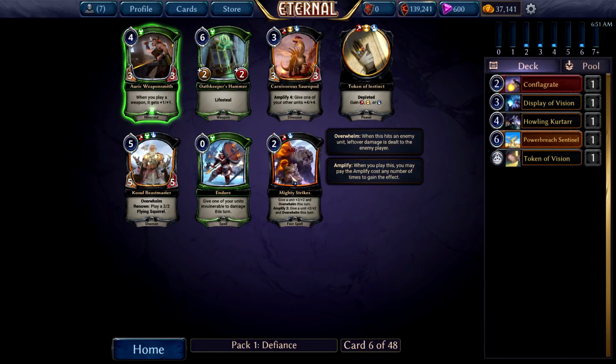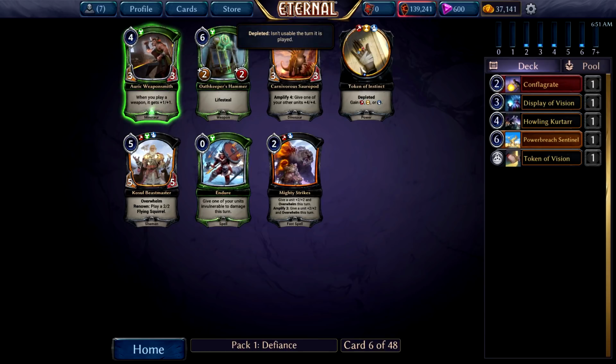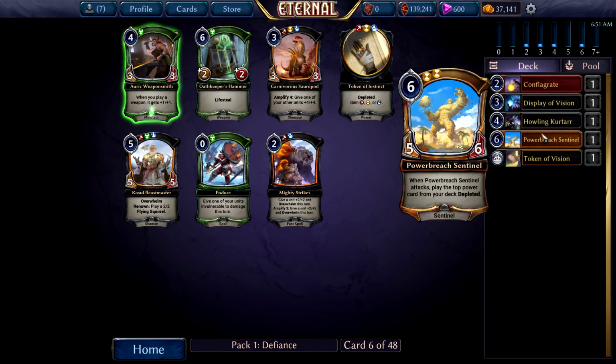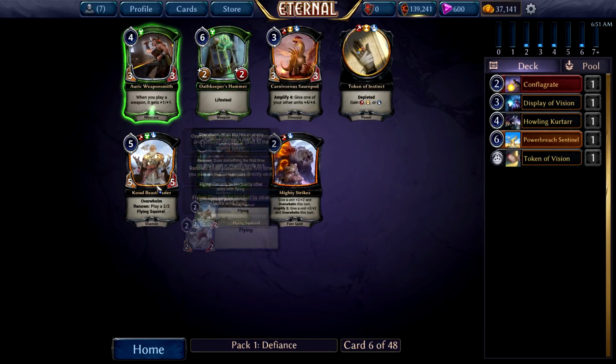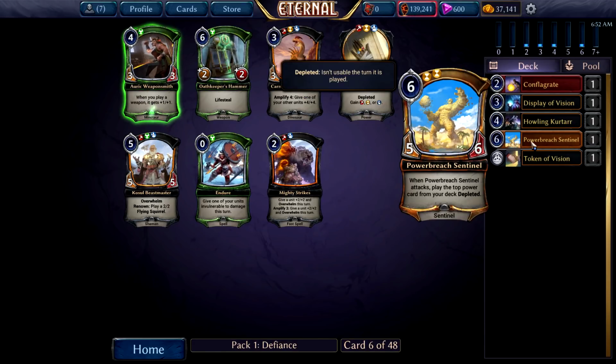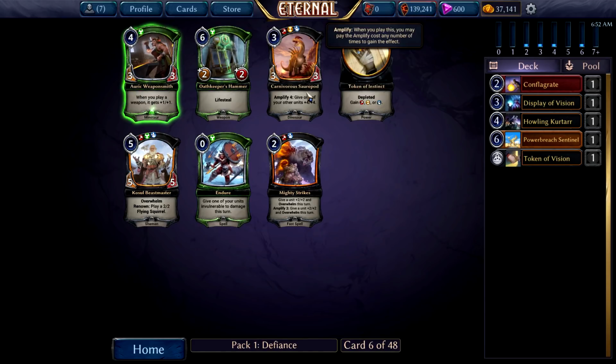Wow, so it seems like Fire Time Primal is pretty open, but I guess we're just going to take Arc Weaponsmith, but maybe this is the signal to pivot, because I like Beastmaster quite a bit, I like Mighty Strikes quite a bit, and Carnivorous Sauropod is okay as well. If I was going to pivot, I should probably take the